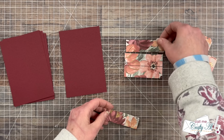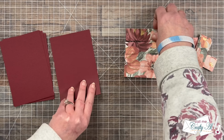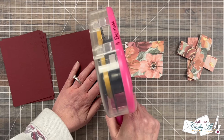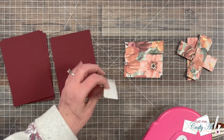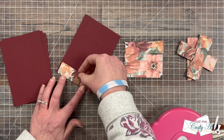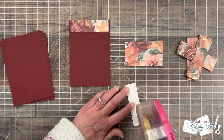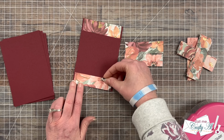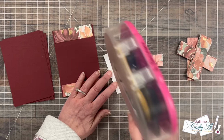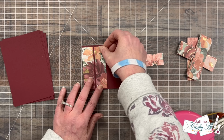When I go to put these pieces onto the cardstock mat, I do go ahead and lay them out on my work surface in the correct order so the pattern looks correct, and then I start adhering them. The first thing I do is put the top one on, and it gets adhered flush with the top and then centered left to right. Then I go down to the bottom one doing the same thing, and now for the last 2 pieces that go on the inside, I try to put them about 1/8 of an inch away from the first pieces that I set down,